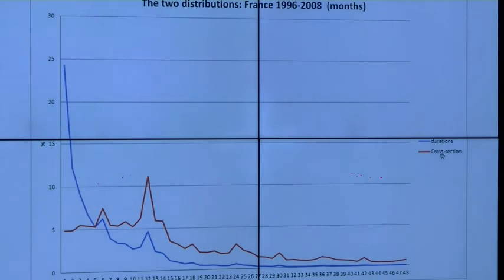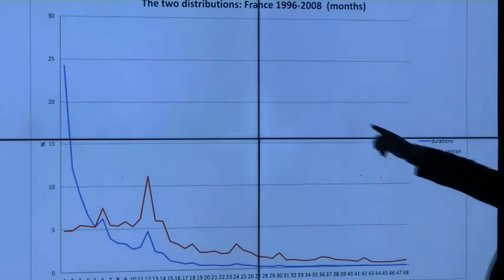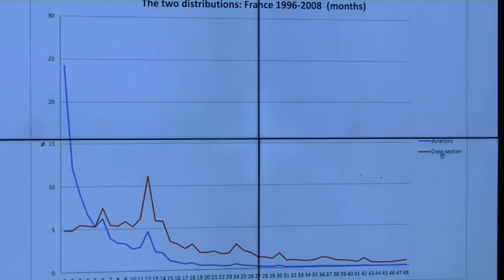And those are the distributions of the French data. Yes, those figures were the French figures I was looking at. But that's what it looks like. So this is for the French data. You get a similar sort of thing for France. So the actual figures are different for the French data, but the overall picture is